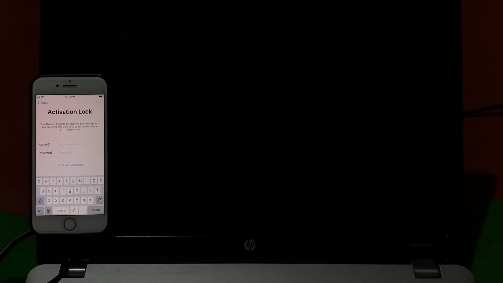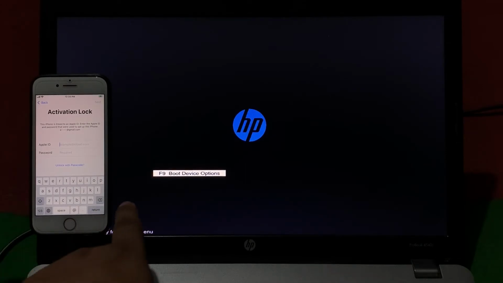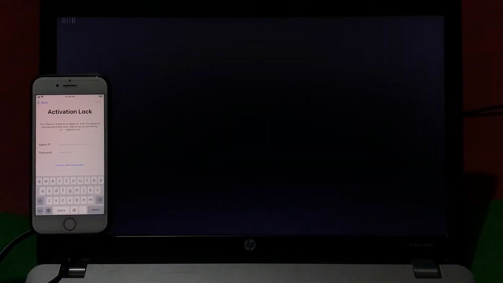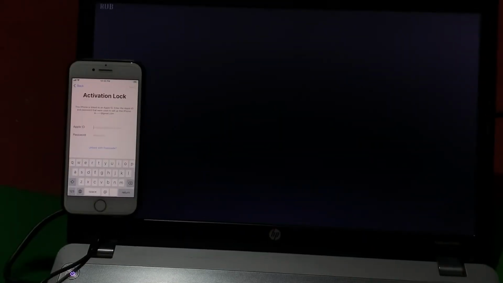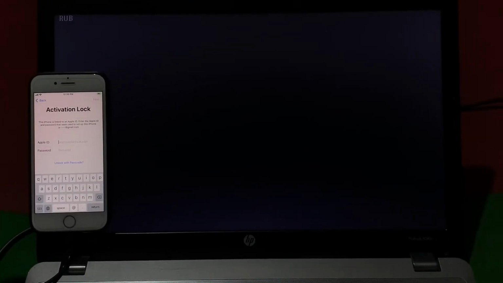Restart your PC and press F9. I am using HP. Select USB. Enter. It will take some seconds to wait.